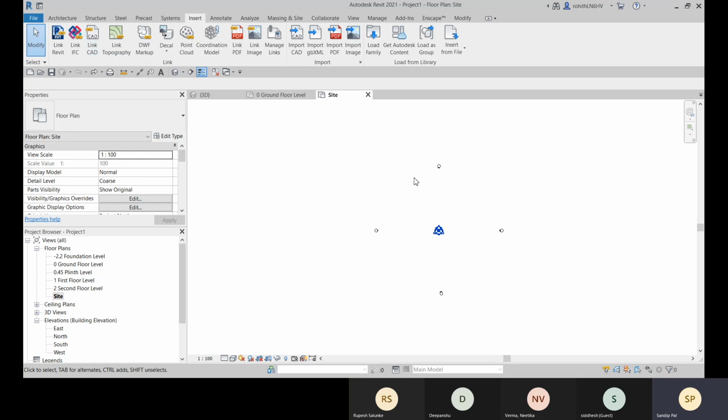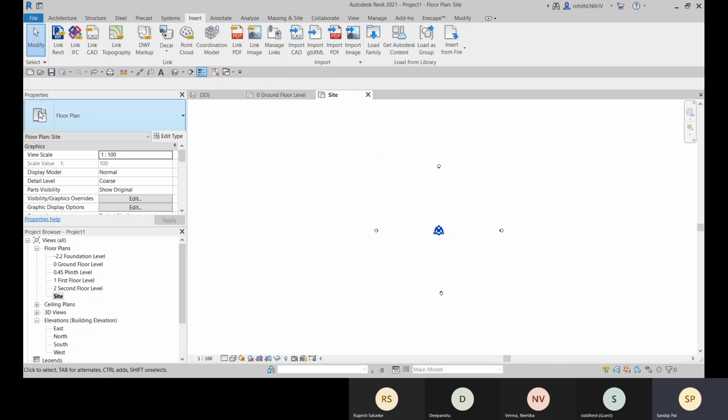So it will be linked to the original CAD file, and you can choose this import CAD so that if you insert the CAD file, later you can convert the CAD geometry into Revit elements, Revit annotation elements, or Revit model lines, detail lines. You can convert them into Revit elements. So for that you can choose the import CAD option.